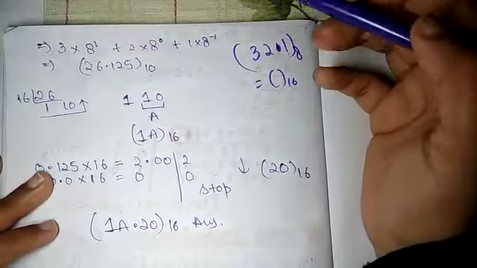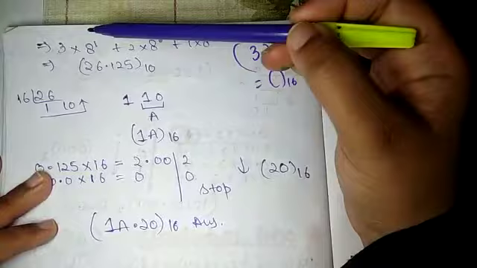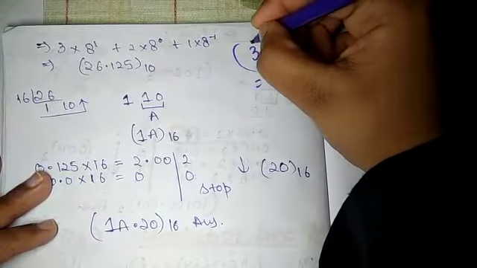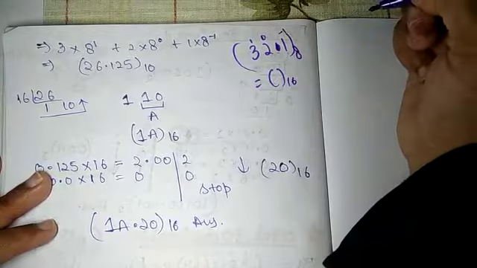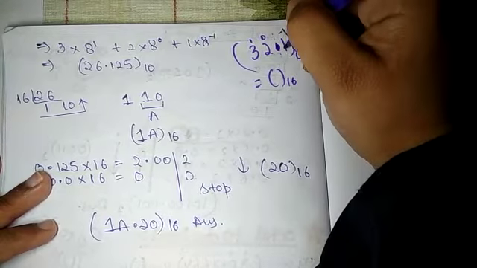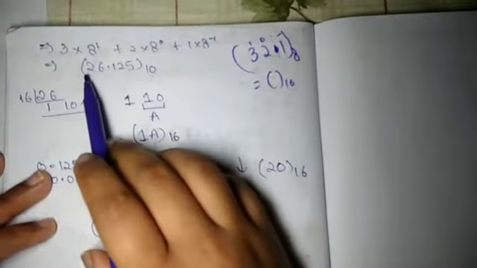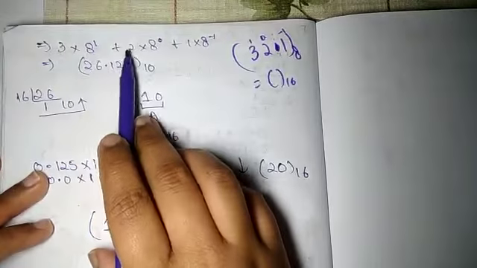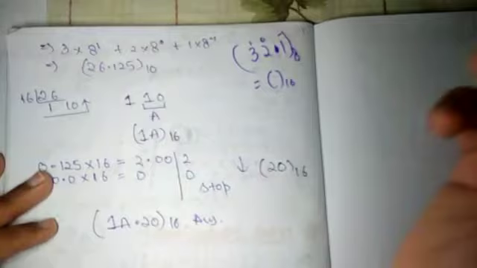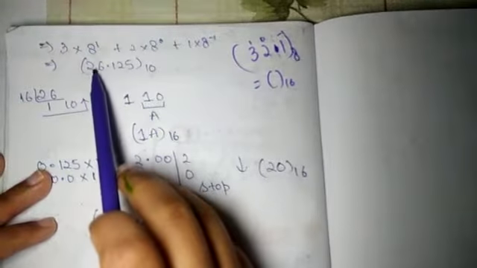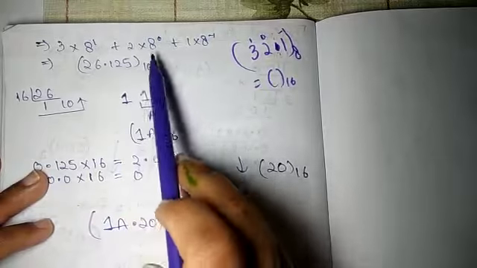So we are first converting it to decimal, that is we are normally multiplying it with the power of 0, power of 1, power of -1. After the decimal it is -1, and 0 and 1 before the decimal. So the answer is 3 into 8 power 1 plus 2 into 8 power 0 plus 1 into 8 power -1. The answer is 26.125 base 10.